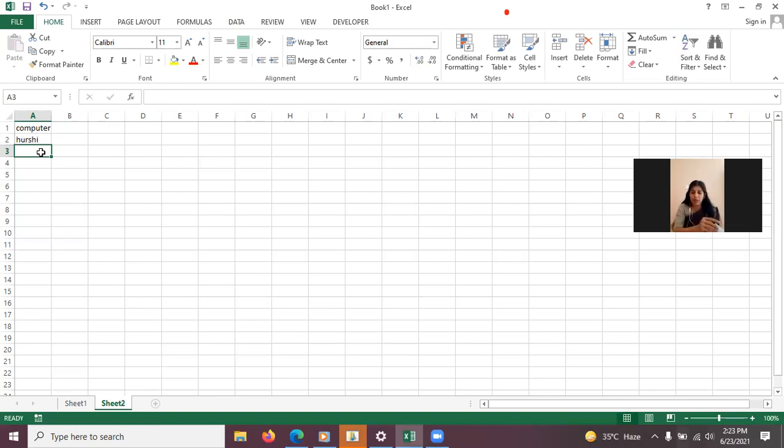Then we have types of data. So 3 types of data in Excel we can put: text, number, and formula. Text is what, like right now it is written, the name and addresses, whatever you want to type. Number kind of data is what, like your 0 to 9 numbers, or you can say date of birth, date of admissions, or your fees of your school. So whatever numbers data you want to type, that you can also type. And third is formula, which is given on page number 50 here.